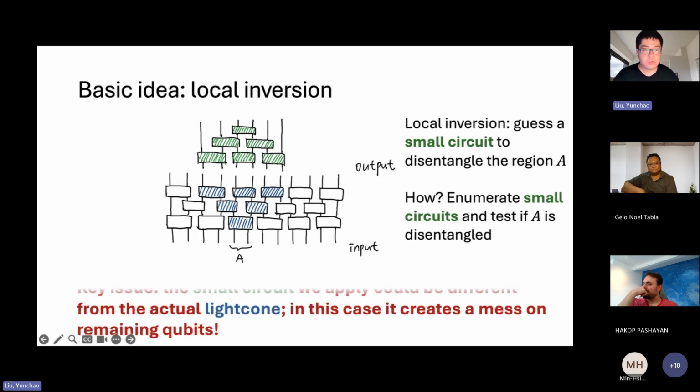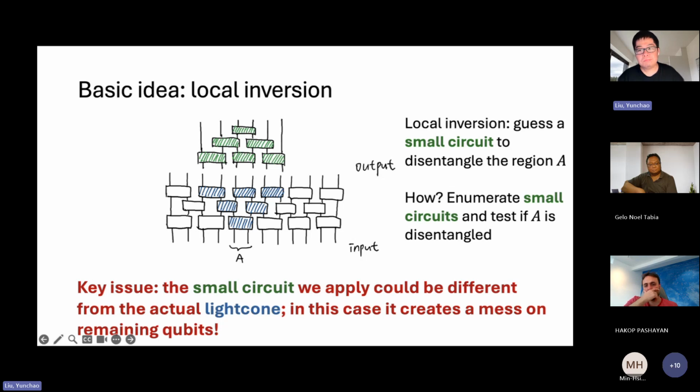But there is a big issue, which is the small circuit, like the green one that we apply, could be different from the actual light cone, which is the blue. So even though perhaps we can apply this green circuit and disentangle the region A, what we applied is not necessarily canceling with the actual blue gates, because there can be some other arbitrary small circuit that just happens to disentangle the region A. In other words, instead of removing some gates from the system, we're actually adding more gates. And in particular, even though we could potentially disentangle the region A, it could create a mess on the remaining qubits. So in more technical terms, the circuit complexity on the remaining qubits could blow up. And if we just simply iterate this procedure, we will encounter some